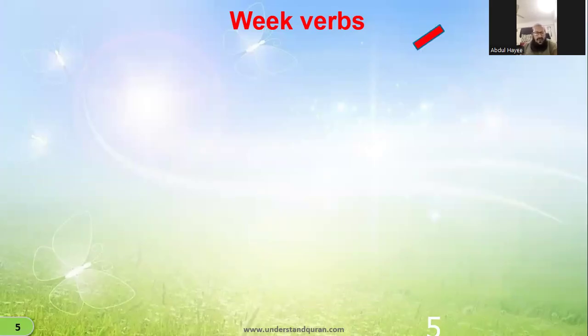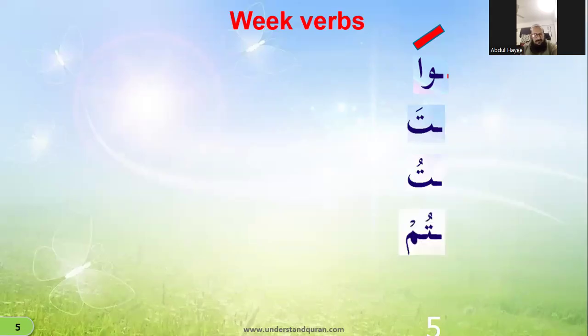For the Madi signs, we said the first sigha, the first word of the Madi table, has fatah at the end. Then the next, the plural, has waw. Then ta with fatah, ta with dhamma, tum, na and ta sakin. These are the Madi signs. They appear at the end of the verb. We did the practice with all the sound verbs of this Madi.